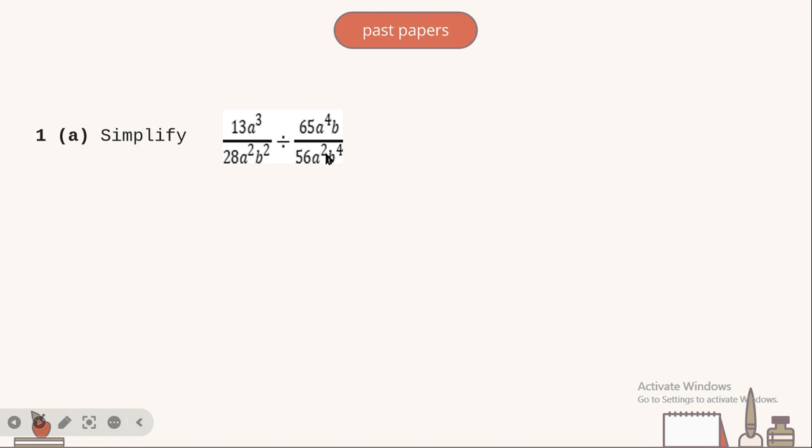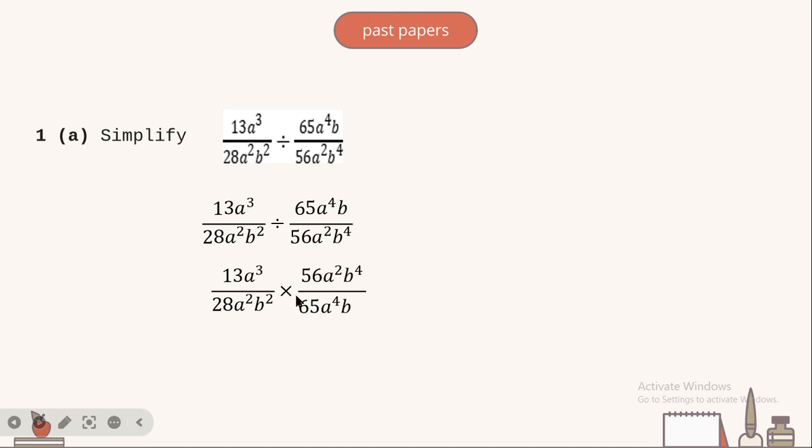So now that we've reached this part, we just have to change like so. This is just a demonstration of the equation here. Do you see this division sign? Look at how it changed to this part. The 56 went up, and the 65 came down. They changed in order to change the sign. Now